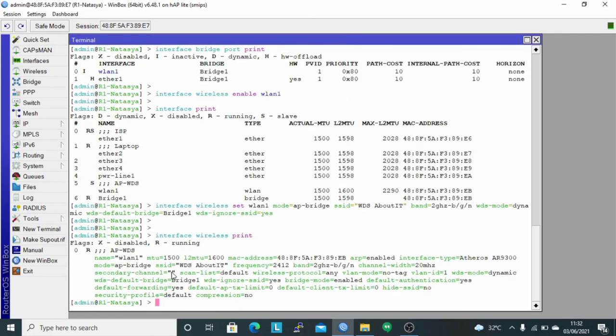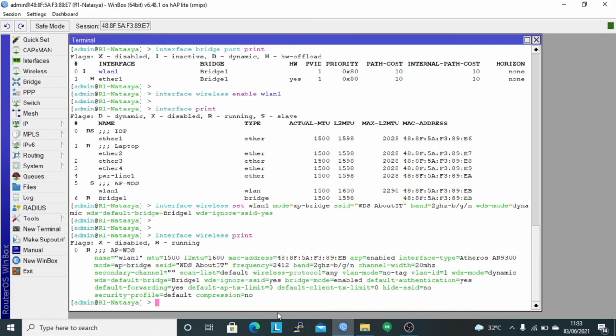Check with the command interface wireless print. It can be seen that the interface WLAN 1 is running and uses mode AP bridge, SSID WDS-about-IT, and band 2GHz-B/G/N. And WDS mode is dynamic, WDS default bridge is using interface bridge1, and WDS ignore SSID yes.